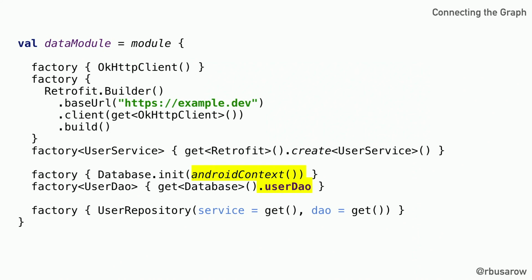Then we're going to do the same thing with the DAO, which requires the room database. And in this case, we're going to use the Android context that we added to the graph back in startKoin, as well as using user DAO, which is a function in Java, but in Kotlin it just looks like a property. So what we're doing here is we're not actually creating an instance, we're accessing something from within our room database's generated class, and it will return an instance for us. So long as we can get an instance, that's all that really matters.